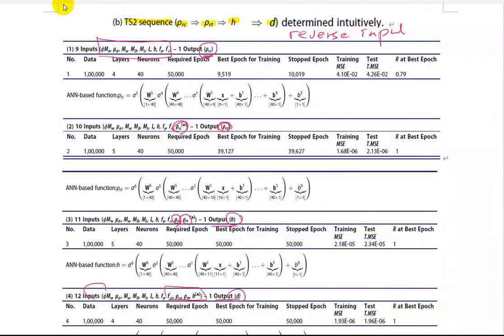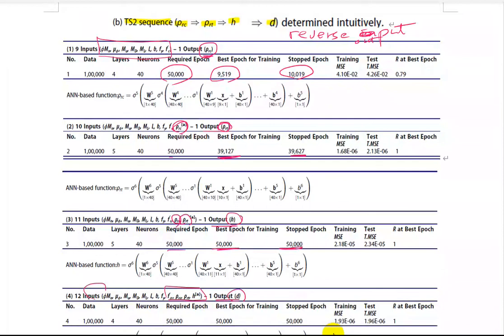Okay, we are now training reverse outputs. And also the epochs are very small when you have a best epoch at 9,519, only 10,000, while you are requesting the training to go 50,000. Here less than 50,000, which is fine to me. And this is not less. This is some kind of